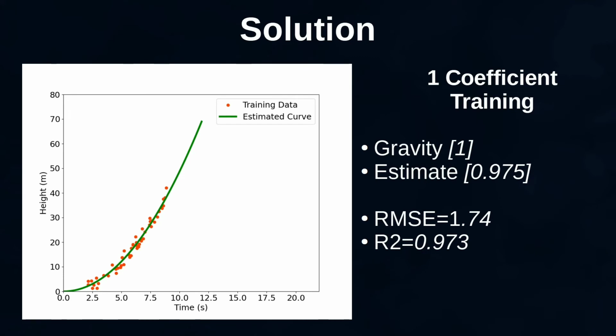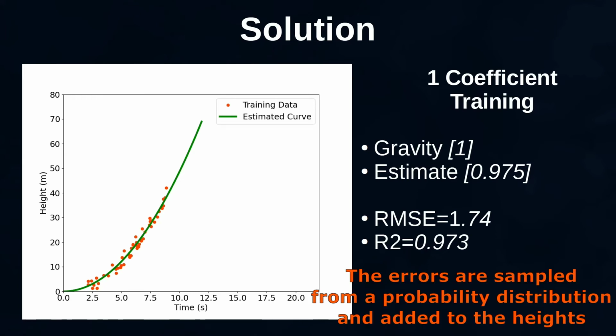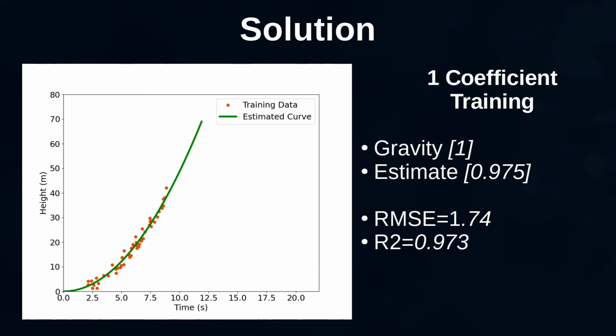Let's show some results. The orange points are all the experiments done by the robot to train the model and find the gravity, which is 2 times beta. In this test, we set the gravity of the planet to 1. The points are not exactly on the green estimated curve because there are small errors which are not taken into account in the formula, such as the atmospheric factors mentioned before. However, overall the estimate of the gravity shows that it is close to the real value, and root mean square error is small given that we are considering heights of tens of meters, and R-squared is really close to 1.